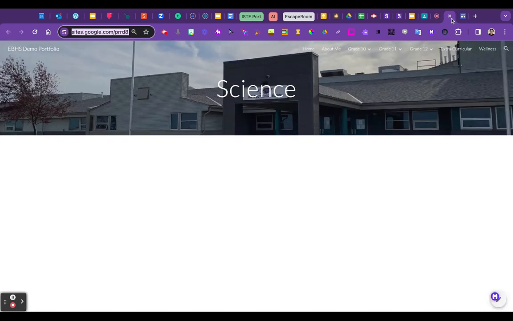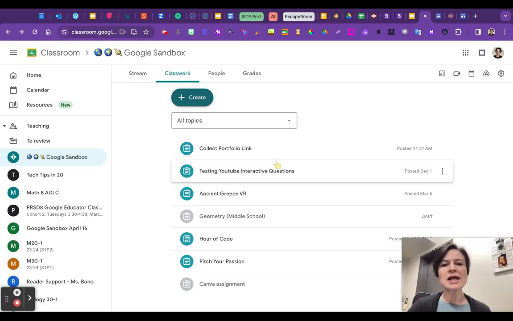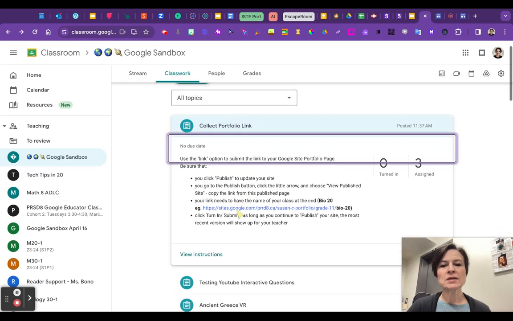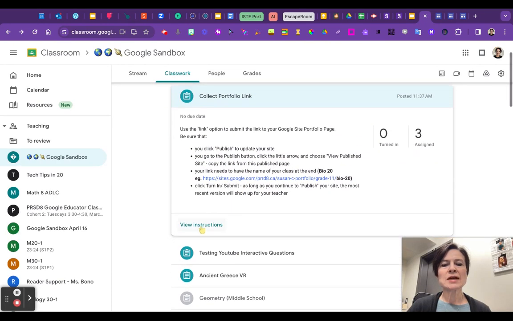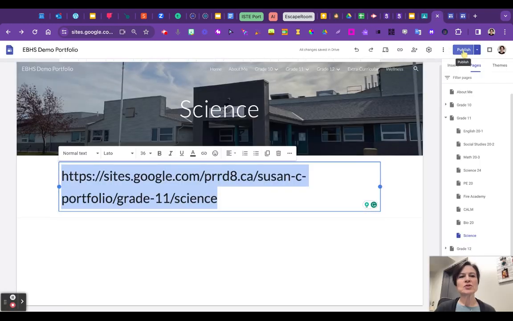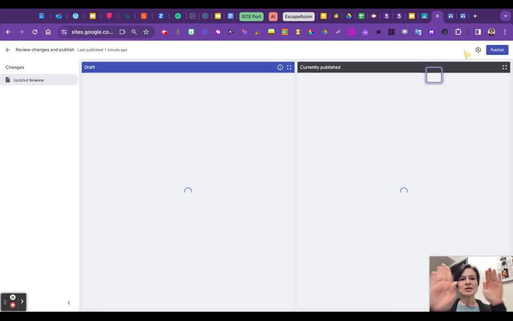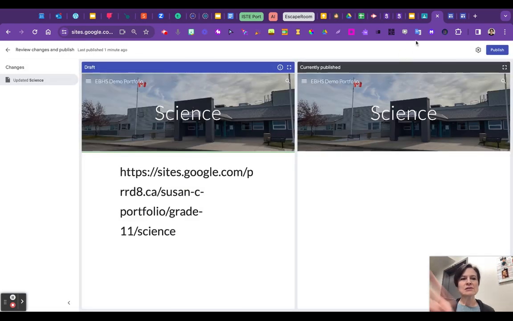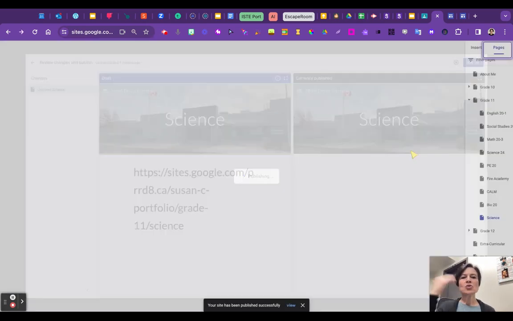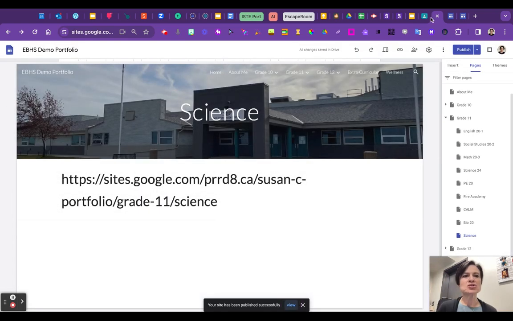They're going to come and they're going to put that into their Google Classroom. So they would open their Google Classroom and then they would open up their assignment, press the link, paste the published link, and put it in there. Now, as long as they keep hitting this publish view, so I've put something new on here, you can see there's an update. As long as they keep clicking that,